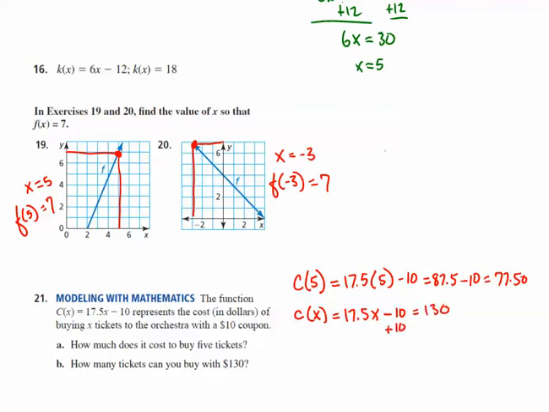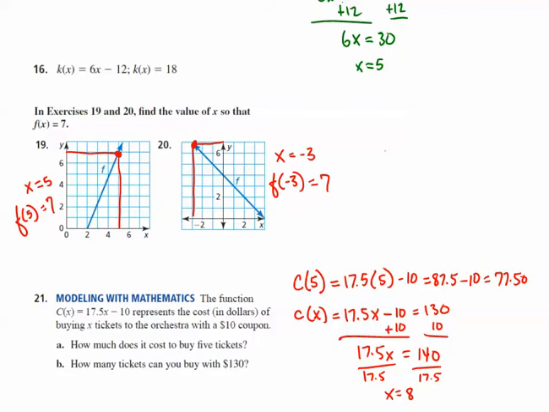So we're going to add 10 to both sides. 17.5x is equal to 140, and 140 divided by 17.5 is equal to 8. So we can buy 8 tickets with $130,